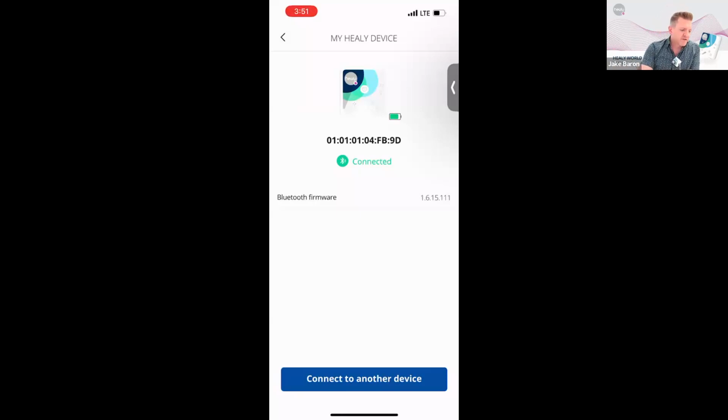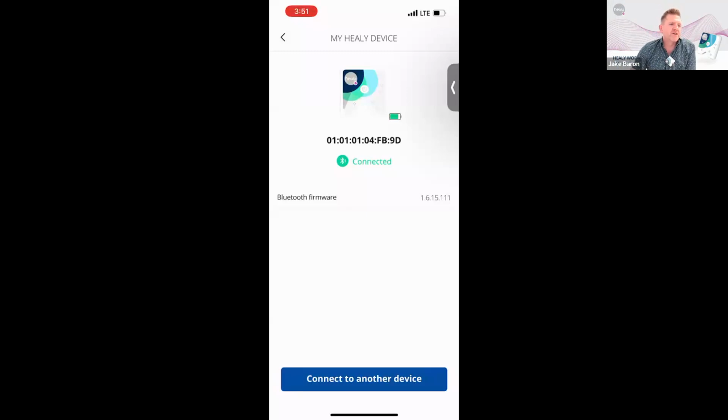And remember that the color coding, green, yellow, red, those are just sections of the battery usage. There's no probe or anything connected between the Healy hardware device and the app to show an actual battery strength. So it's just an algorithm, as Jake said, giving feedback.